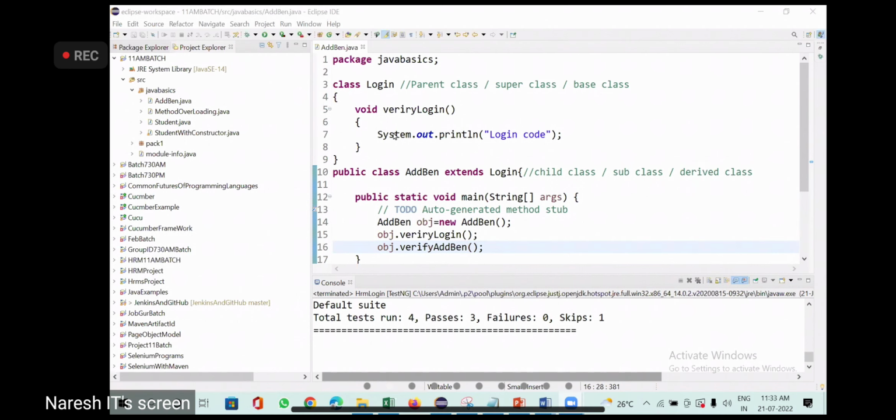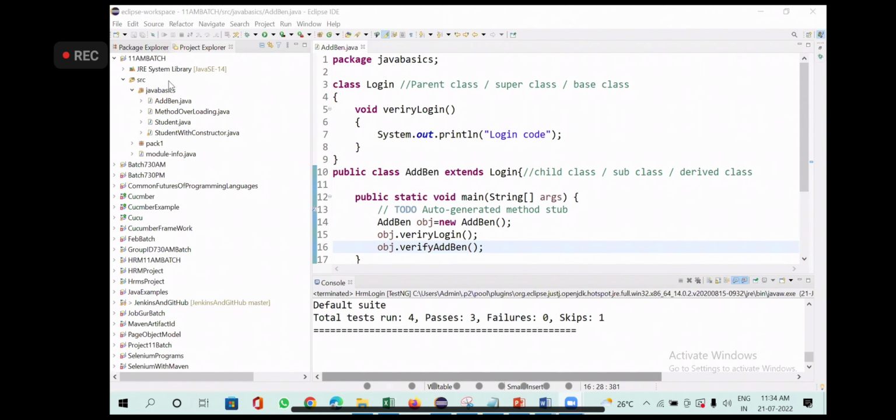Some tester will write some coding. If that coding is reusable to you, just go ahead and reuse that particular code. You don't need to write login every time. I have 100 testers who need not write the login. Consider if you do not have the inheritance concept, what are you going to do? 100 testers have to log in every time, right?